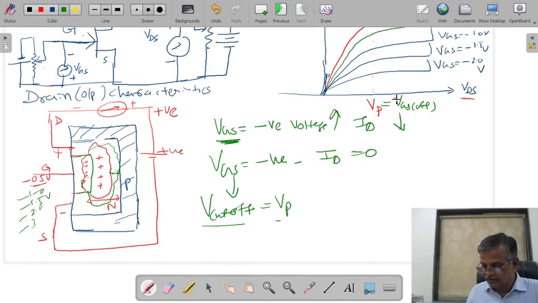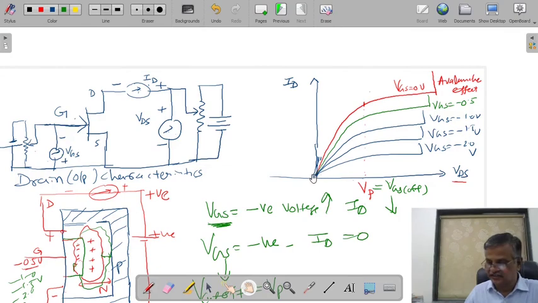So remember one thing, in these output characteristics, as you increase the VDS, your drain current increases. At a certain value of the VDS, your current will be saturated. This is called saturated current. The value of VDS at which current is saturated is called pinch off voltage. After this, as you increase the VDS, there is a little increase in current and avalanche effect is observed. If you do not know the avalanche effect, then we will discuss what the avalanche effect is.